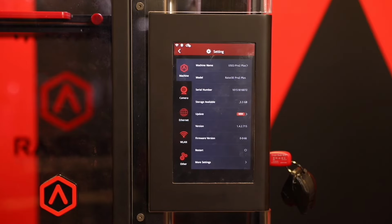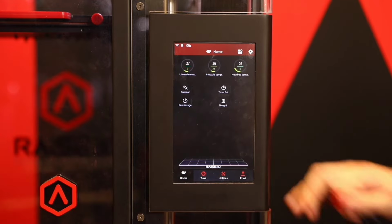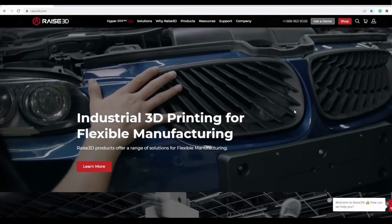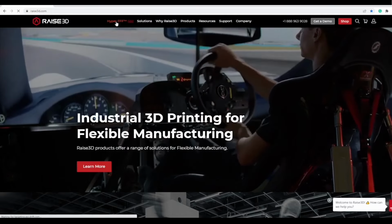Once both those updates are completed, we can remove the USB drive and then go back to our website to sign up for the Pro 2 upgrade. From our main website, normally there's a pop-up that'll hit you right away that we can get into from there, but if not, we can go up to Hyper FFF